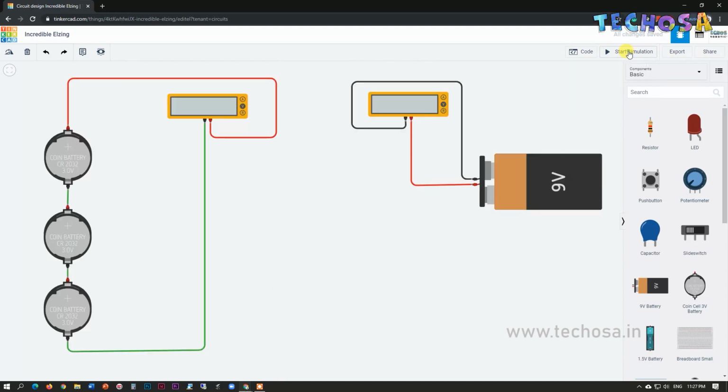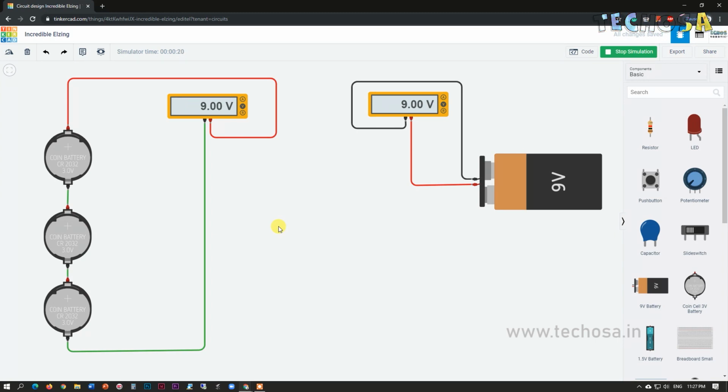Now when we click on start simulation, we can see our voltage increased. We got 9 volt there. So when we connected the 3 coin batteries in a series connection, we got 9 volt as the result.